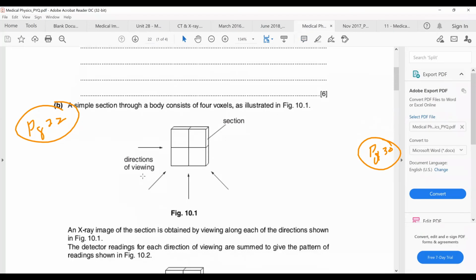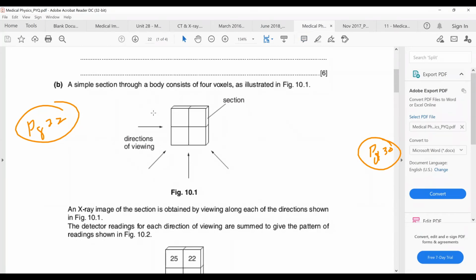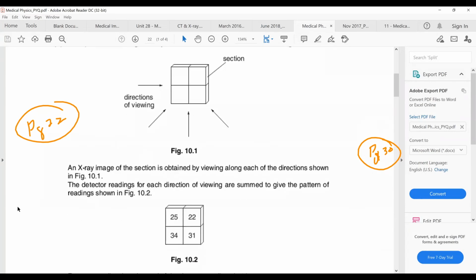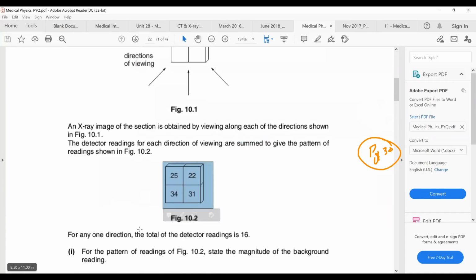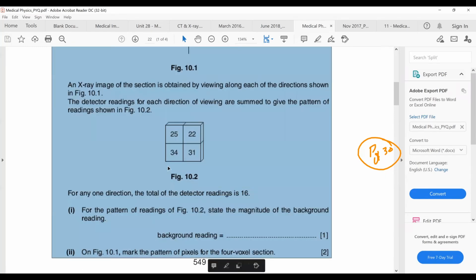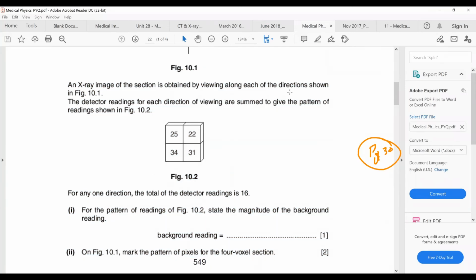Okay, now they tell you a simple section through a body consists of 4 voxels as illustrated in figure 10.1. This is the section, this is the direction of viewing. An X-ray image of the section is obtained by viewing along each of the directions as shown in figure 10.1. The detector readings in each direction of viewing are summed to give you the pattern of readings here. For one direction, the total of the detector readings is 16. Okay, so when you look at this one here, they tell you the detector readings for each direction are already summed to give you this. This refers to